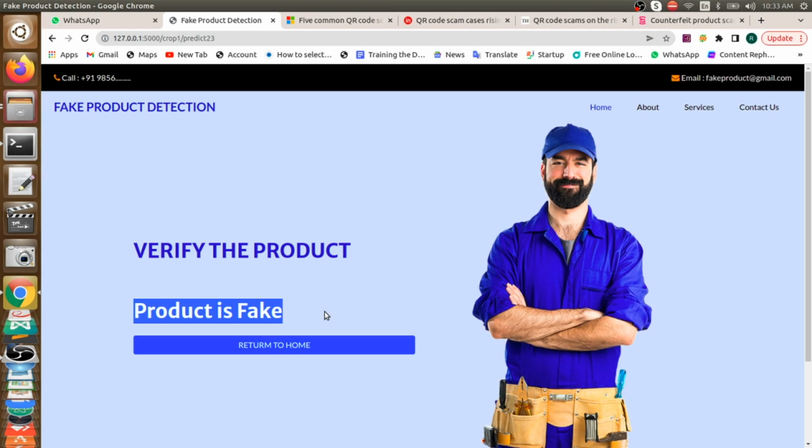For example, if there is a product named Nike, you will take that and scan it. If it is fake, it will say fake. If it's really a Nike shoe, it will say this is our product. Because Nike is a good brand, there will always be people or scammers who want to use that good name for their bad purpose. Normally it will happen, so to detect whether the product is genuine or not, they can do it like this. This is how our project is working,